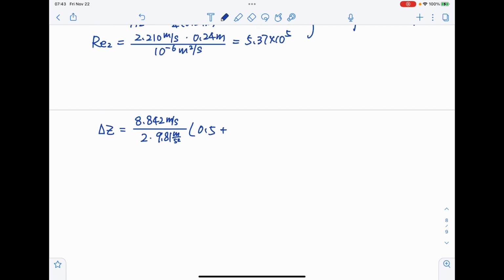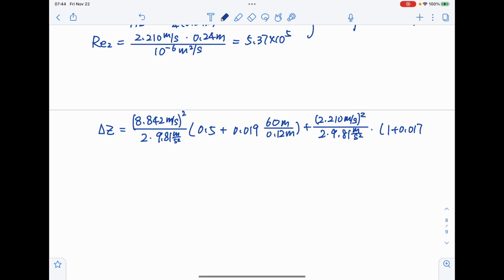And f1, 0.019 times the length of the pipe divided by the diameter of the pipe, plus the velocity squared over 2g, times plus 0.017 times 120 meters over 0.24 meters, and plus